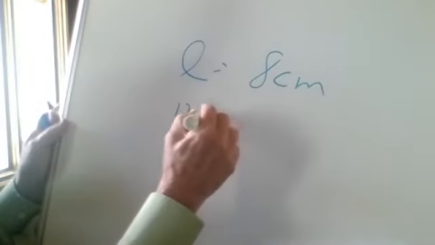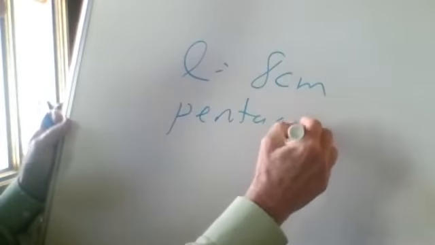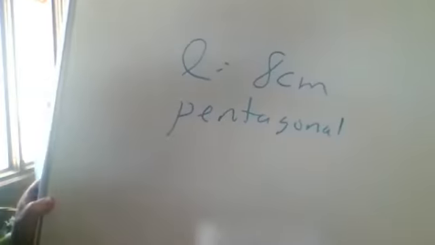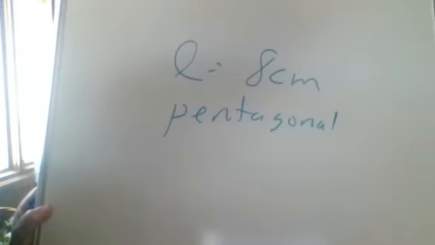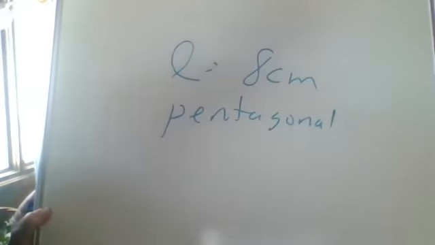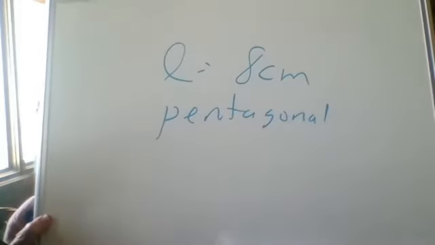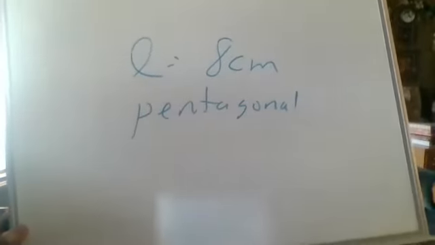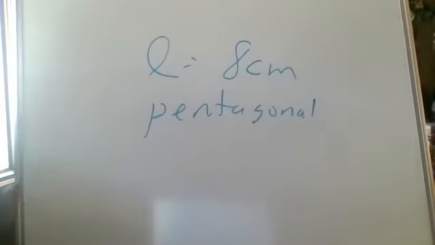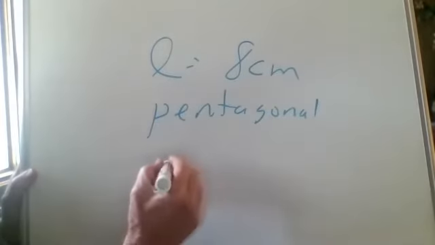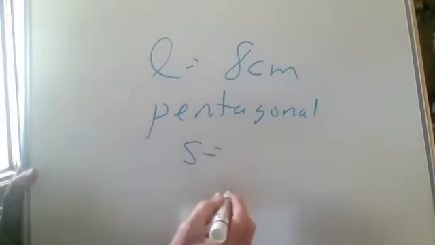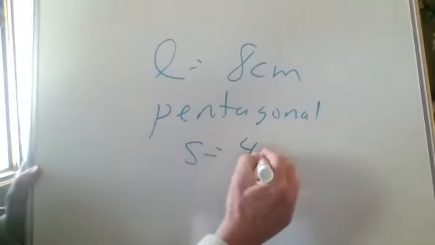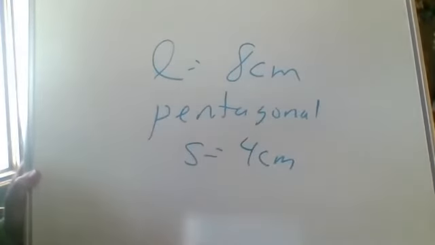This means the base of the pyramid is shaped like a pentagon, and it's regular, so all sides are congruent and all angles are congruent. The length of each side of the base is 4 centimeters,